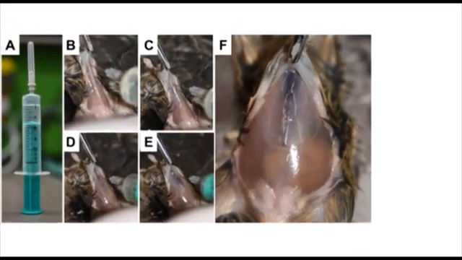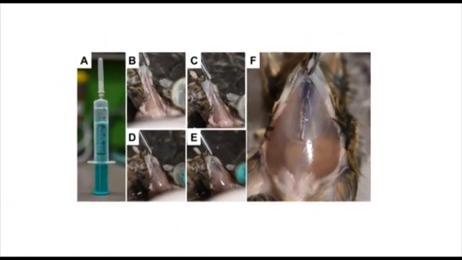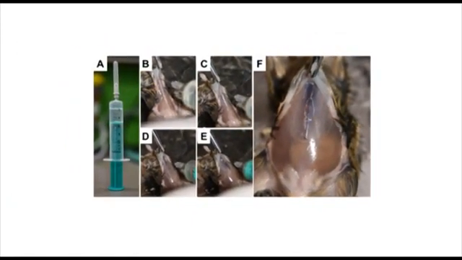Peritoneal fluid is then collected using a 25G needle attached to a 5 ml syringe by slowly moving the tip of the needle within the peritoneal cavity. This will prevent clogging of the needle with fat tissues and other organs. Maximum possible amount of peritoneal fluid is collected with the syringe needle.